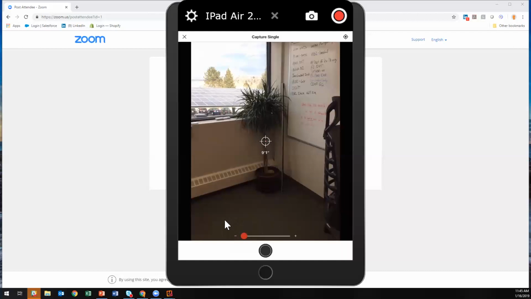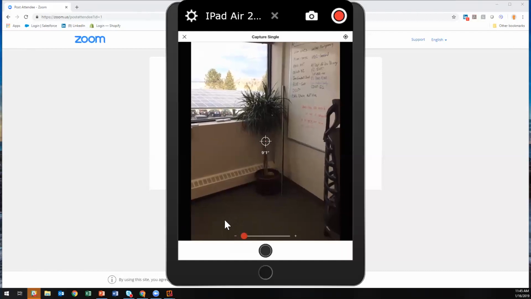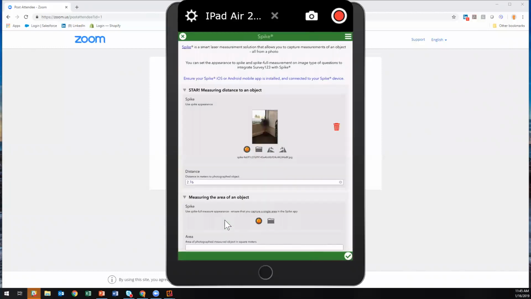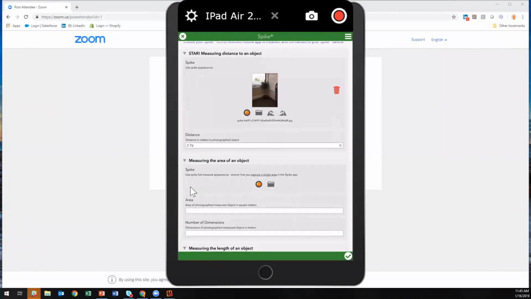It looks like it. So I'm going to go ahead and capture that. So I'll just go ahead and click that. At the bottom, back in Survey123, there is the photo for my reference and my distance to target. I've set this in meters. That's why you may look at that and go, James, come on, that wasn't 2 inches away or 2 feet. No, it's 2.76 meters. You can change this to whatever you like, but that just tells you how simple that